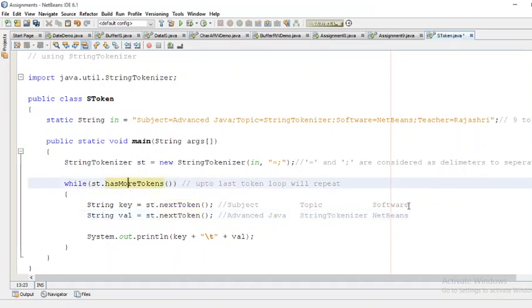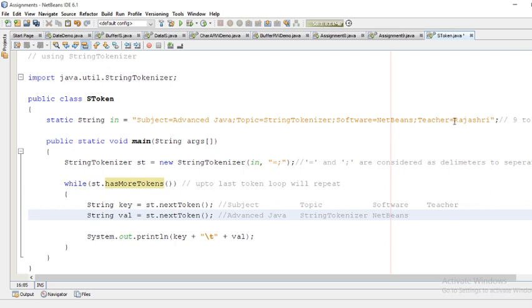Still the condition is true. It will come inside. The next token is considered up to equal to, and here you will get the next token key as teacher.